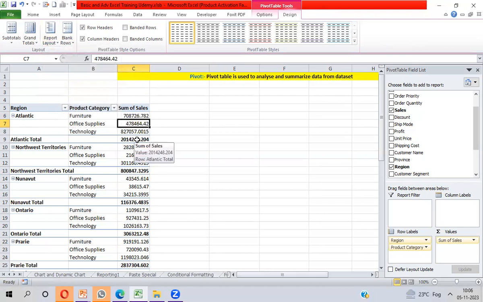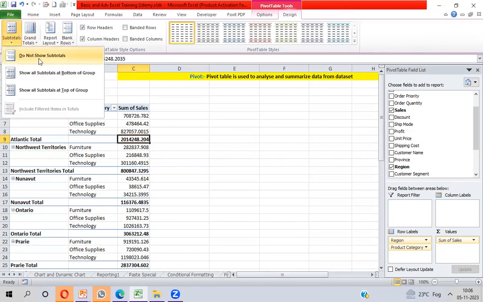Now you can see your grand total is showing on the downside. You can turn off the grand total from here. Now, sorry, the subtotal: do not show subtotal.